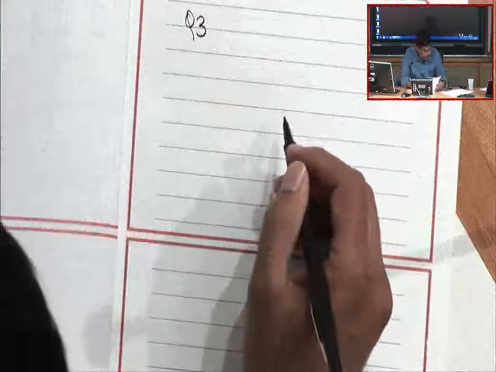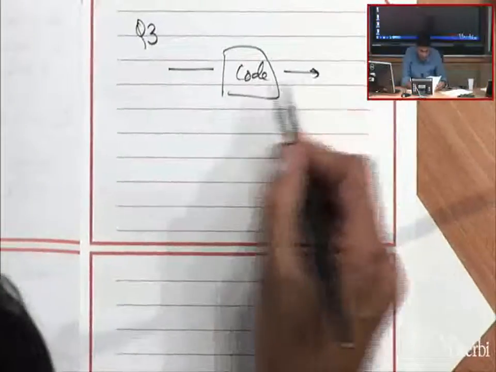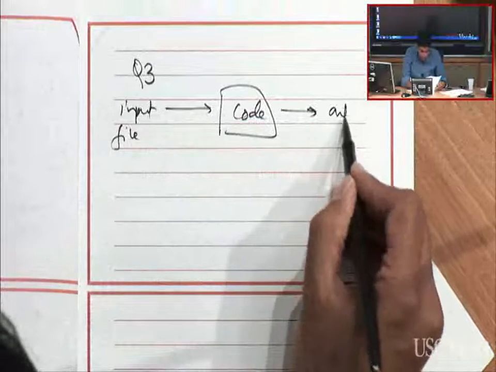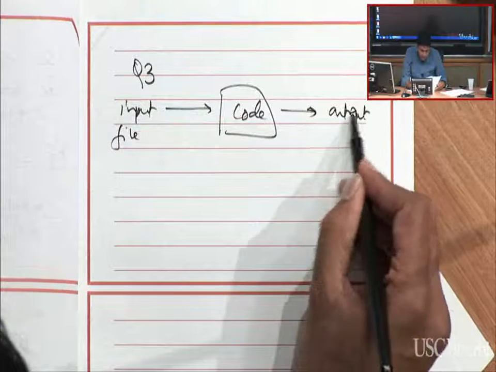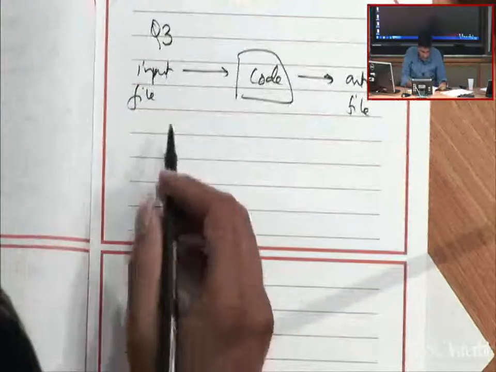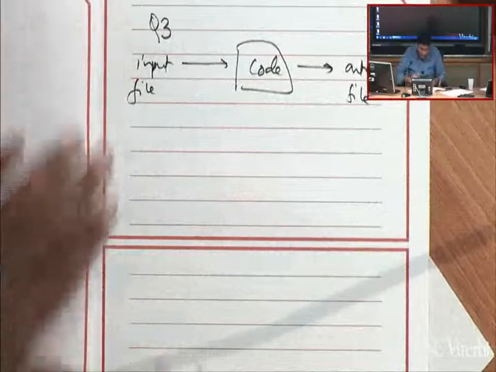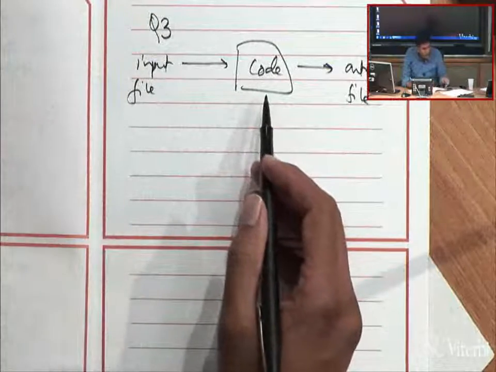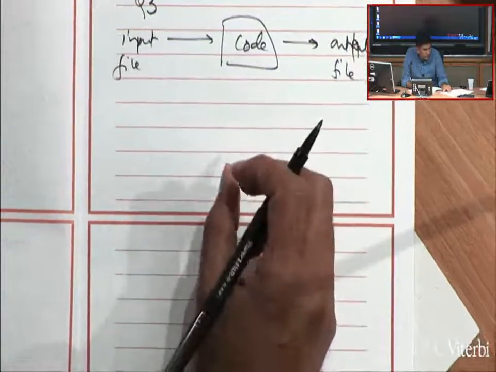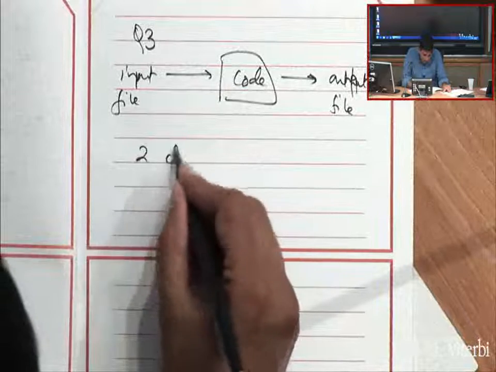Question 3, the same type of idea is that you're going to write a piece of code. It's going to take an input file, and it's going to throw an output file. The input file in this case, so in this problem, there was actually a part B to it, which asked you to kind of figure out the power allocation when you have an arbitrary PMF. So this is the problem when there's 2 channels